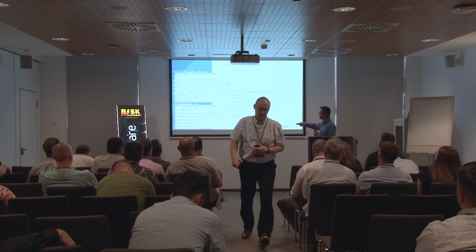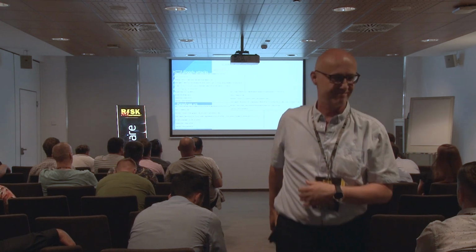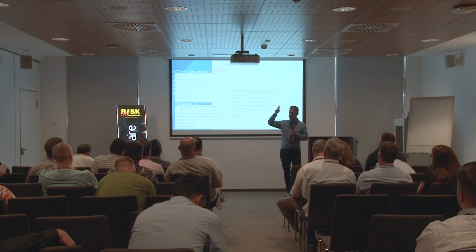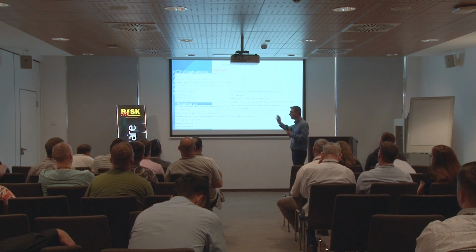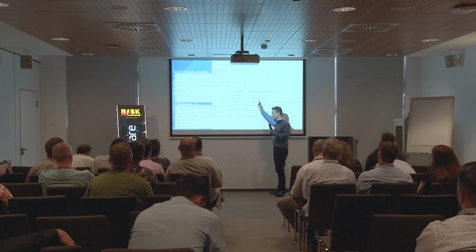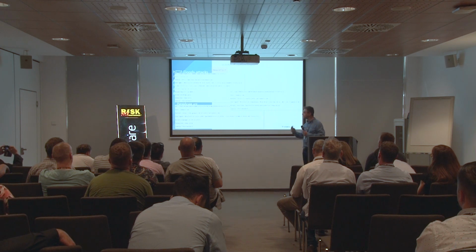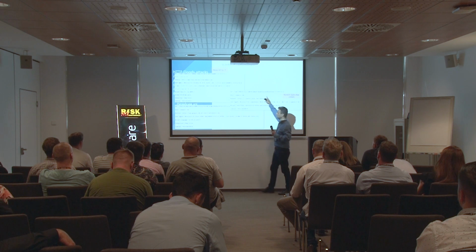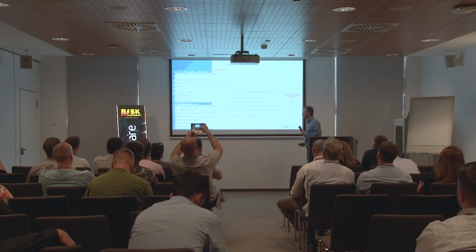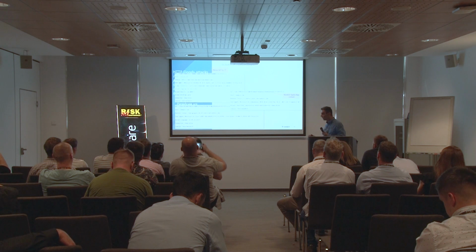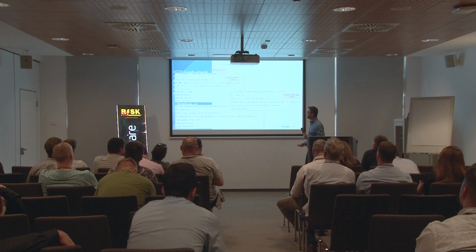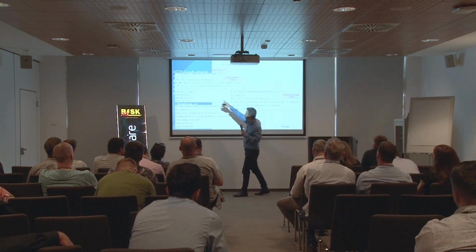So this is just an example. You see that this tool always uses GET slash. GET slash means it requests the home page directly, but this tool always goes to GET slash to get the home page. Then the next attribute, they are using a random query argument. Okay? This one. This is randomized, so you cannot sign it. You cannot create a filter for it because it's randomized. Okay? The next one, they are using a random referrer. You see, this is bing.com.